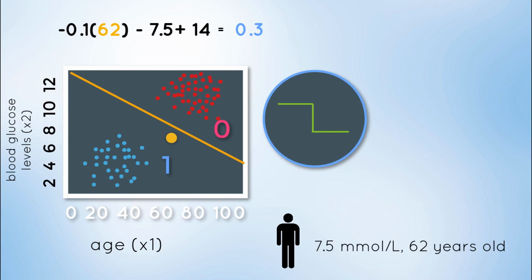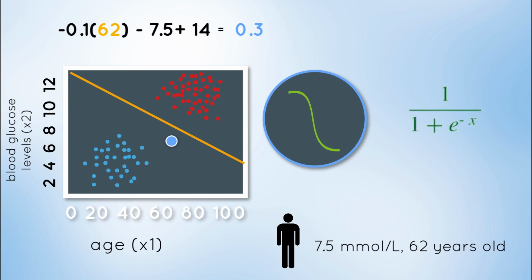As expected, it's a positive value since our point is below the line in the positive region. Our step function would simply check if that value is bigger or smaller than 0. In this case it is, so it predicts a value of 1. This activation function doesn't actually return the likeliness of someone having diabetes or not. It's either a yes or a no, a very firm value. Well, instead of a step function, to determine the probability of someone being diabetic, our activation function is going to be a sigmoid. There are many types of activation functions, but we'll stick with the sigmoid, which is represented by